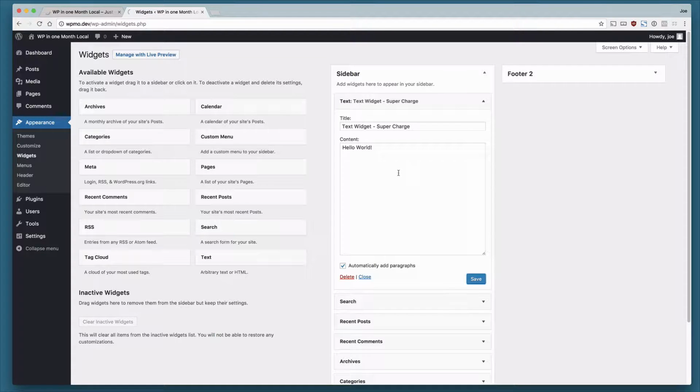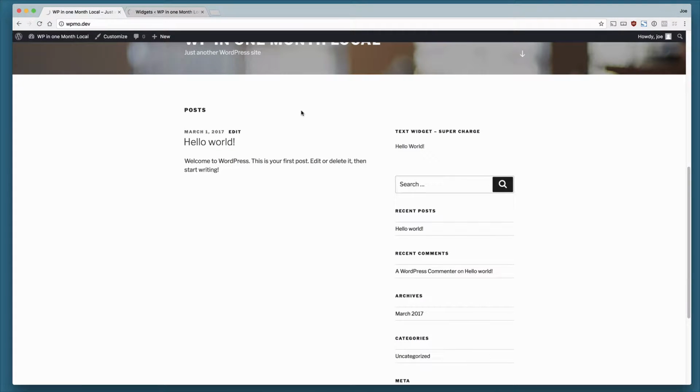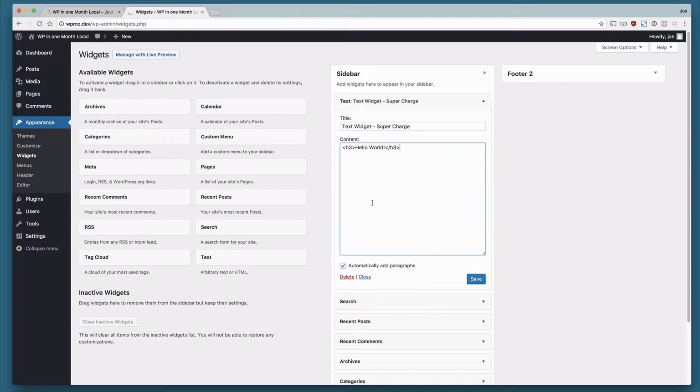But the text widget also allows HTML and CSS. So instead of just being relegated to, say, simple text, we can do something like this. So here I'm adding some heading tags. I'm going to click Save, and you'll see that our heading will get updated to match the heading styles on our website. Further, if I want to add some more formatting HTML,